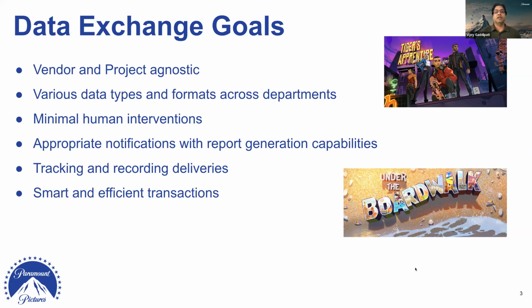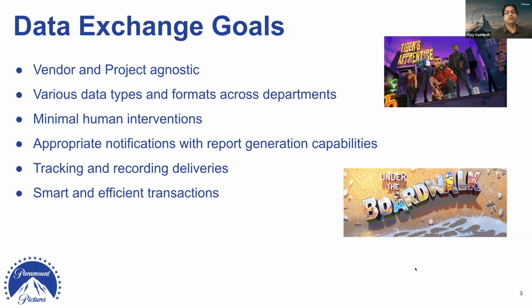But the next step in the evolution was to come up with a way to exchange data with different vendors. And this is the talk that covers that. I will be going over a bird's eye view, and my peers will deep dive into it a little bit further. So we need to deal with data that are not just scene files, but also